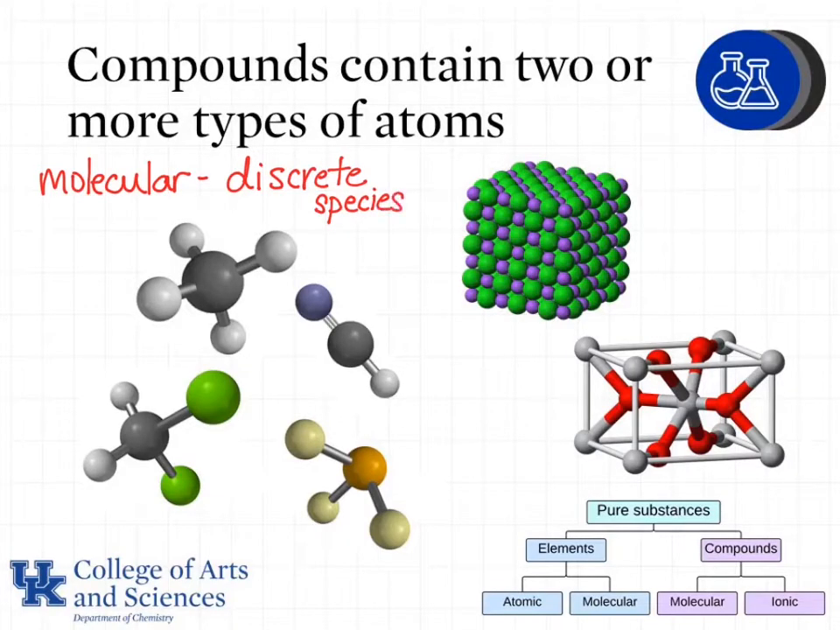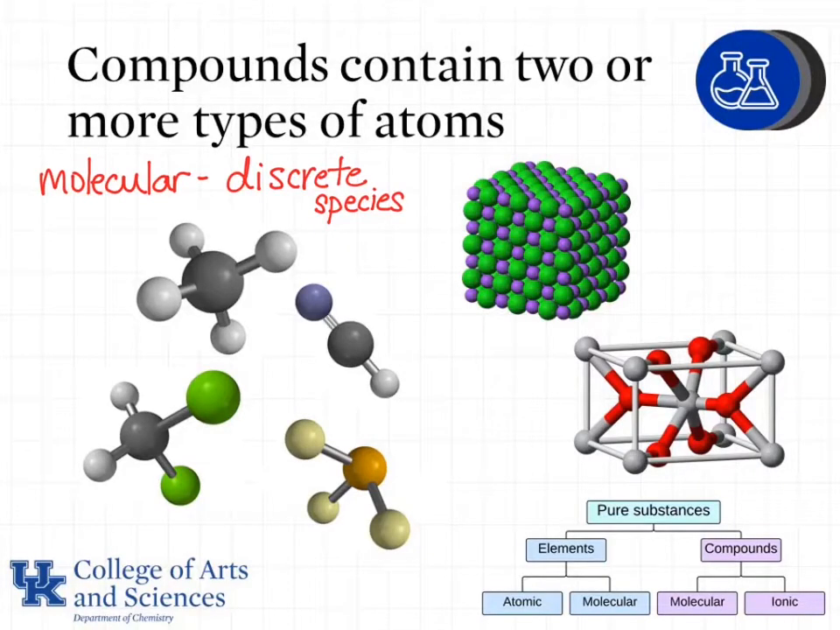So for example, I have a CH4 up here at the top, so I have 1 carbon and 4 hydrogens. If I were to look at a larger sample of CH4, which is also known as methane, I would see individual molecules of methane. So I'd see a CH4, and another CH4, and so on. So they're